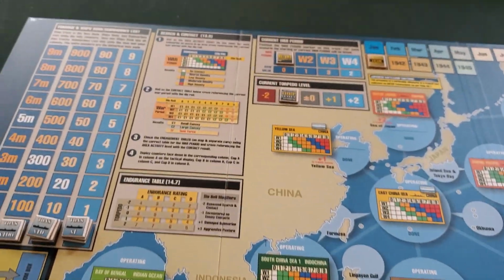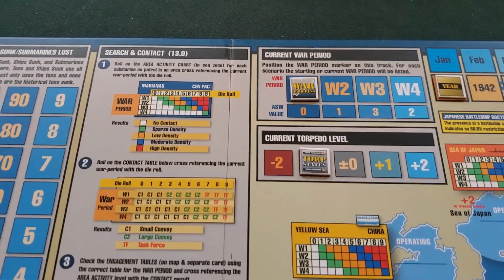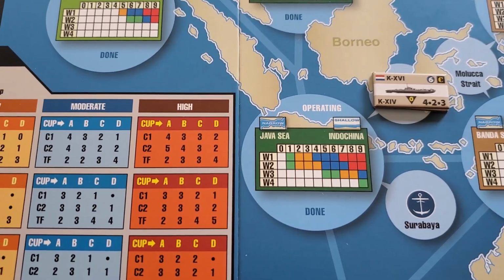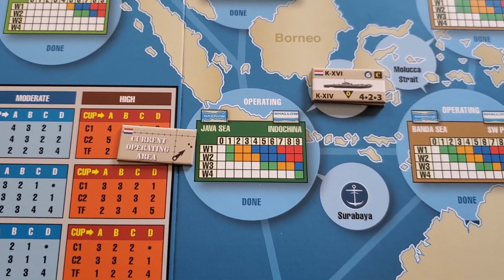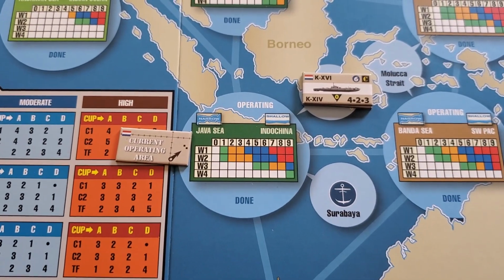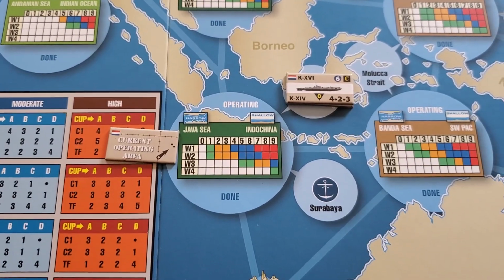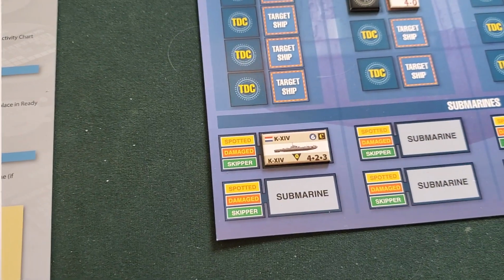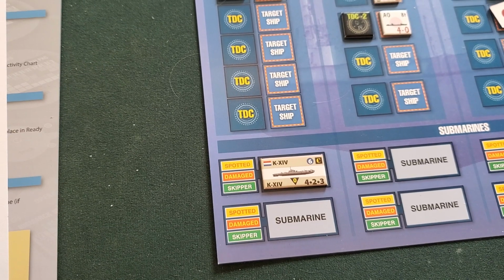We're in War Period 1. That's not contributing anything to the ASW value. Our operating area, however, in the Java Sea here, has 3 red boxes for War Period 1, so that's going to add another 3. So we're looking at a counterattack value of 5 minus the 2 defense on the submarine is a 3,